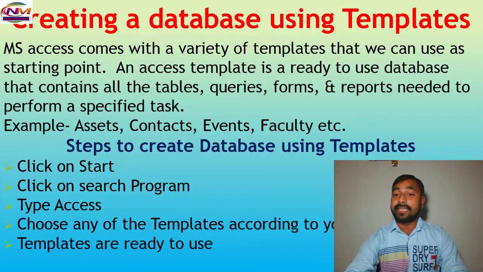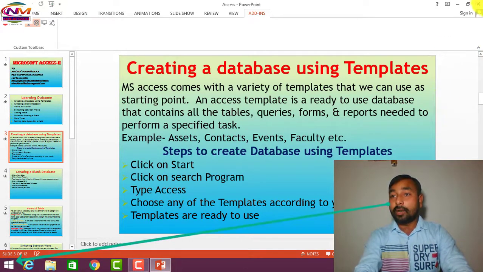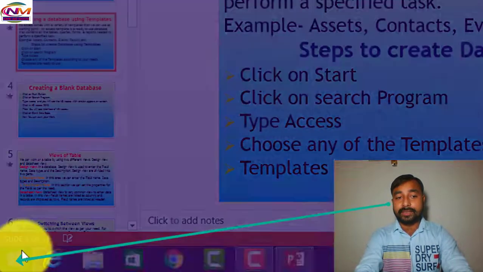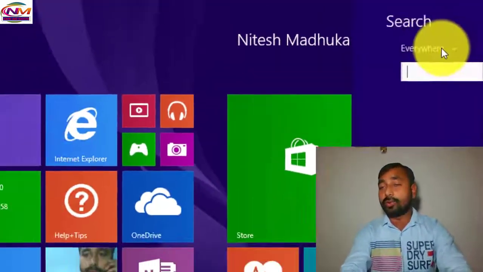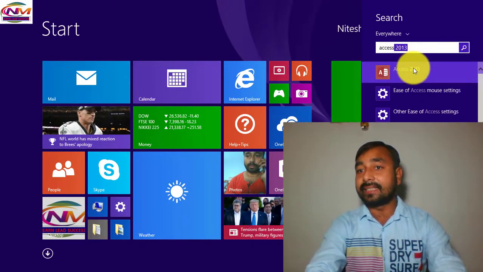To use templates in MS Access, I am going to teach you the steps you will have to follow. Just see, this is also practical knowledge. You have to follow the same steps while using it. So to start a template in MS Access, first of all, click on the start button, and then go to search program. Type here Access. I can see Access 13 is coming here.